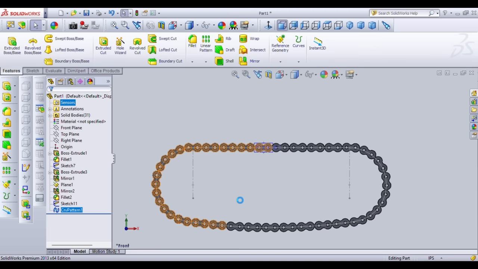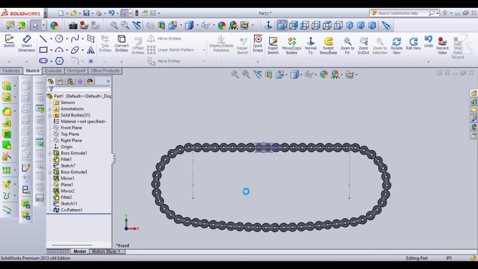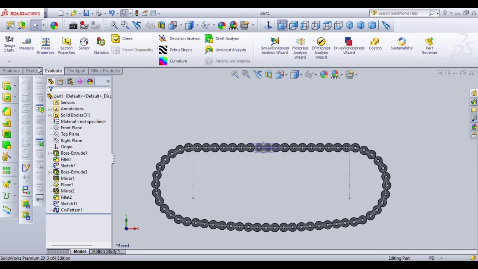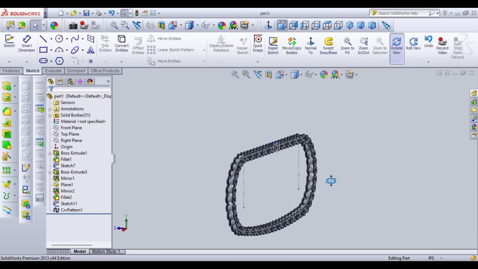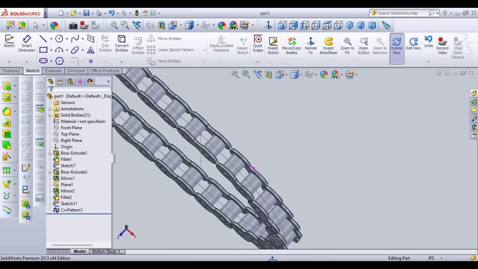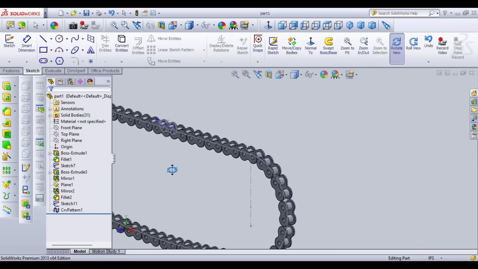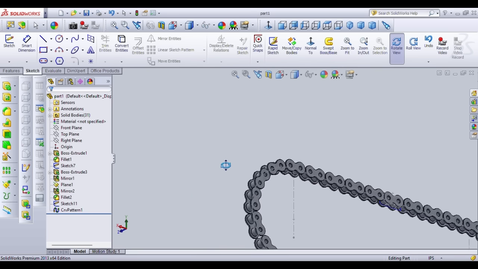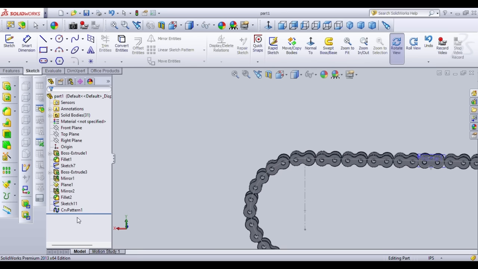Now let us quickly save this before my laptop shuts off. We're going to save that as part 1. Yeah, save. As you can see, now we're going to remove all of